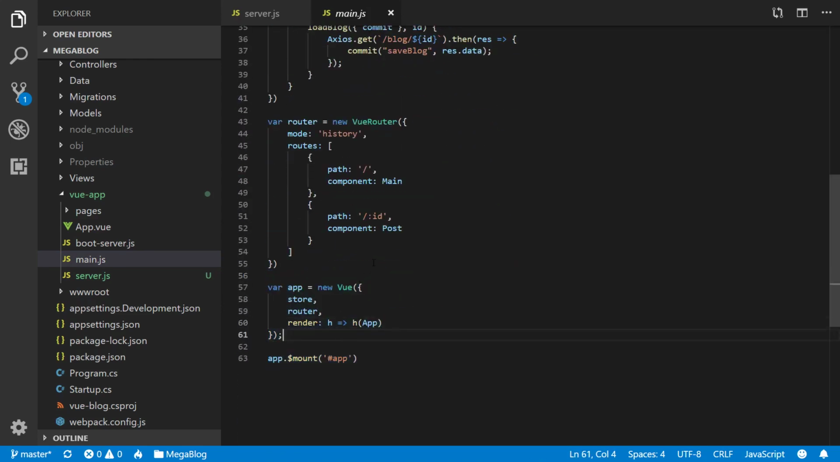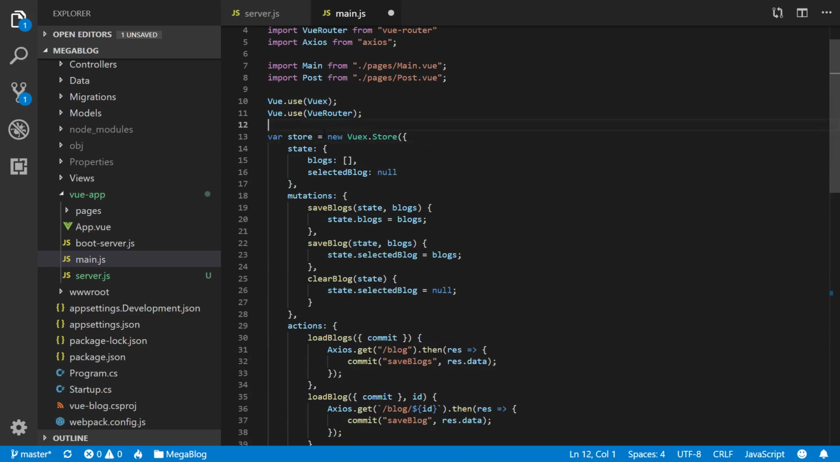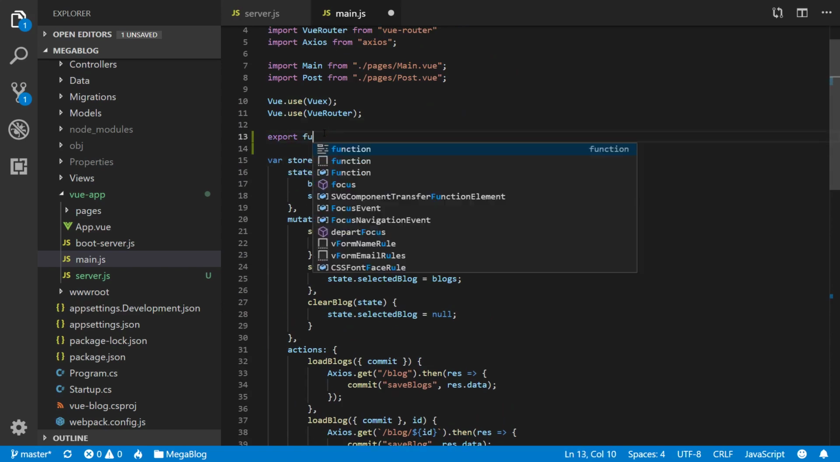So what we're going to do is call a function and return fresh variables every time, because if we have two requests calling this file and these act as singletons right now, we can get modified instances instead of getting fresh ones every time. So the first thing we want to take care of is remove this app.mount. Let's go ahead and export function